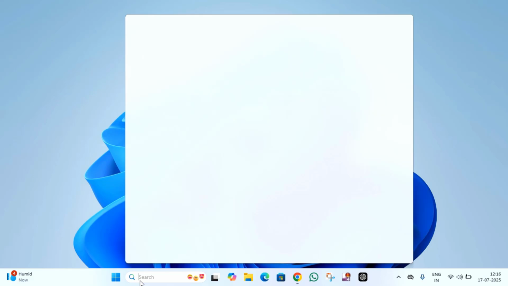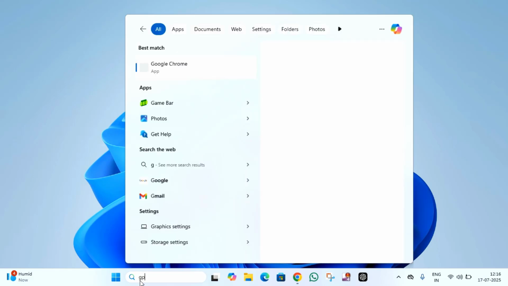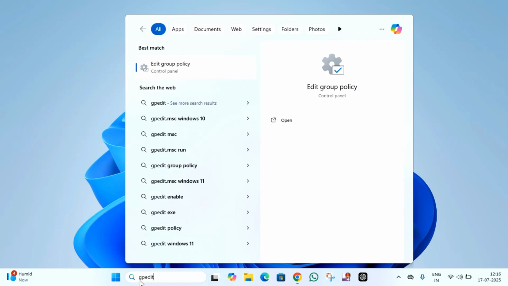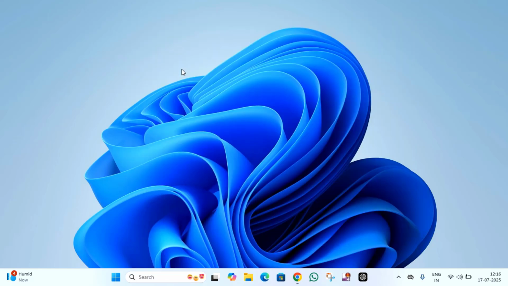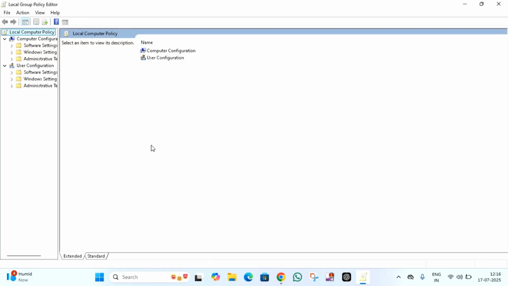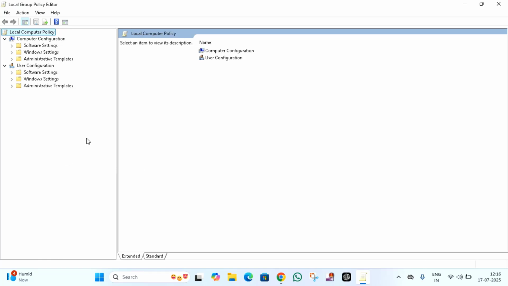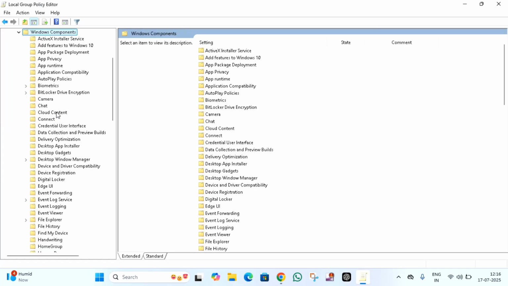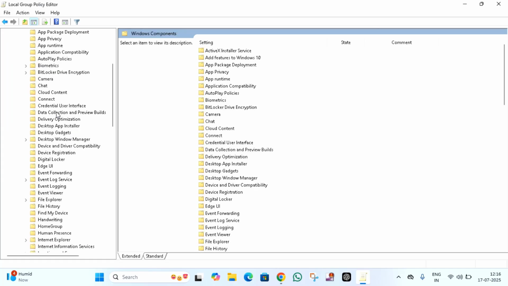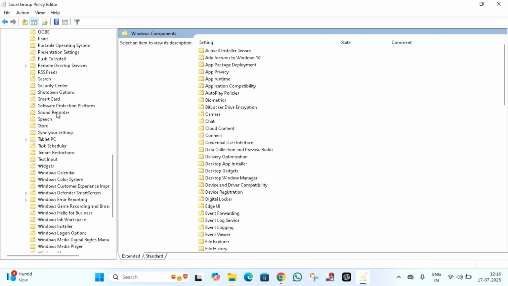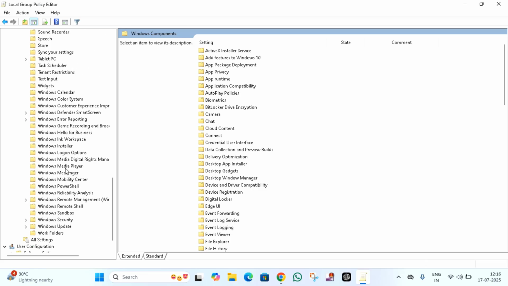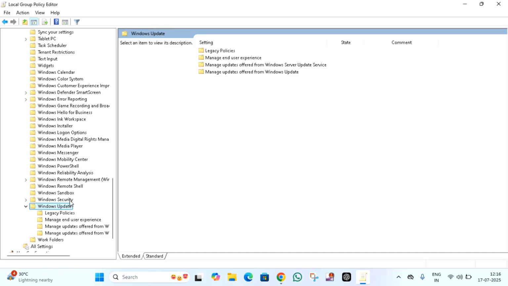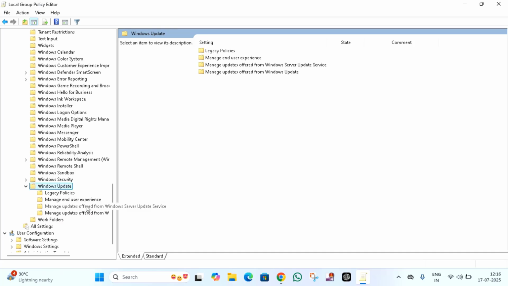Click on this search menu, then type here GP edit. Click on edit group policy. In this you have to select computer configuration, after that administrative templates, Windows components, then find Windows Update, double click on that, then find manage end user experience,